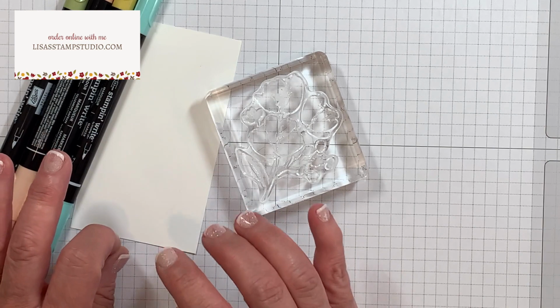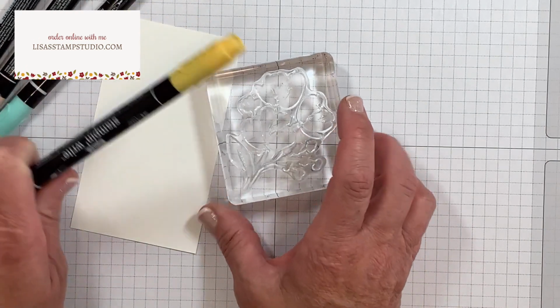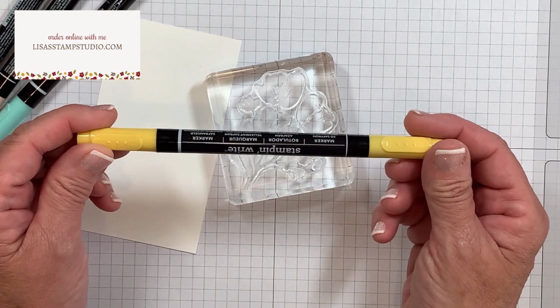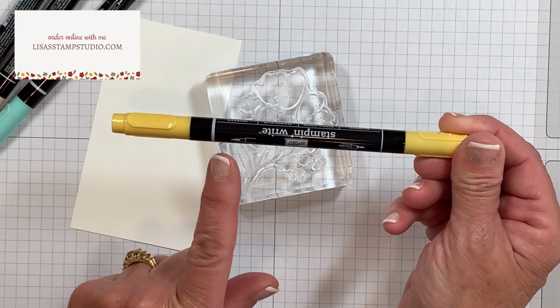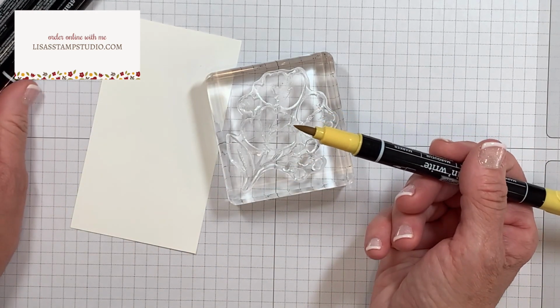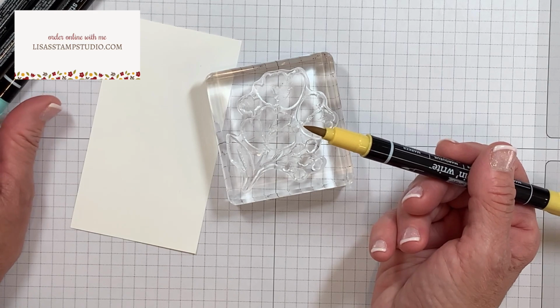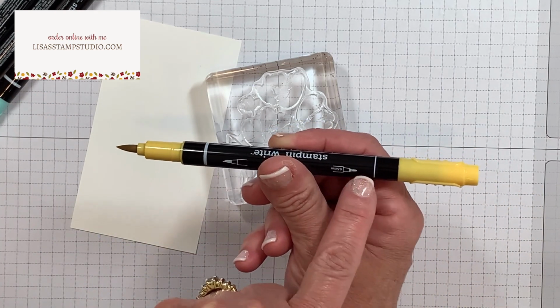But I want to give you a couple tips about this. I like to start with the lightest color first. And in my case, that is going to be So Saffron. Now the markers are dual tipped, and you're going to see a line here underneath the cap. I'm going to use the thicker tip, which is the brush, because that's going to allow us more coverage and allow us to place it faster. The chisel tip really is more for writing, signing, or journaling,